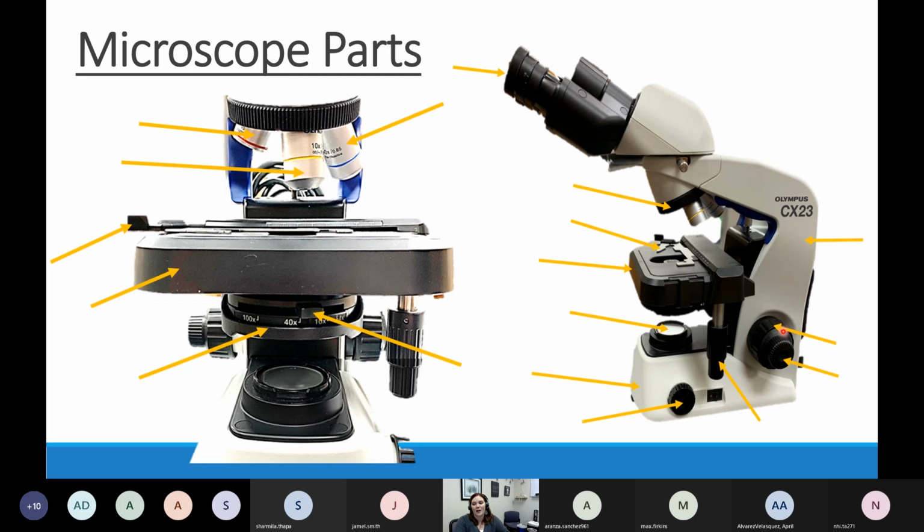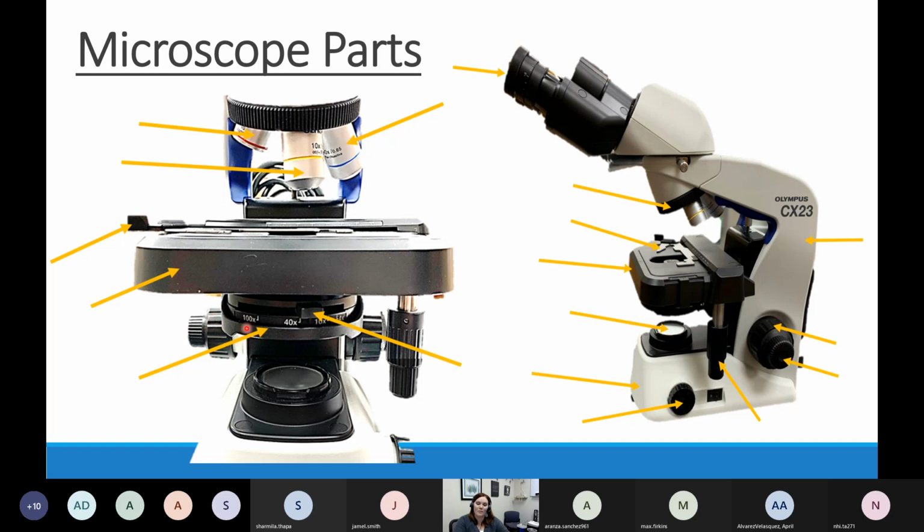The coarse adjustment knob moves the stage a lot. It goes up and down a lot. The fine adjustment knob barely moves the stage, but it moves it just enough to help you bring things into focus. We don't make you label the two adjustment knobs on this picture, but I'll mention this one right here